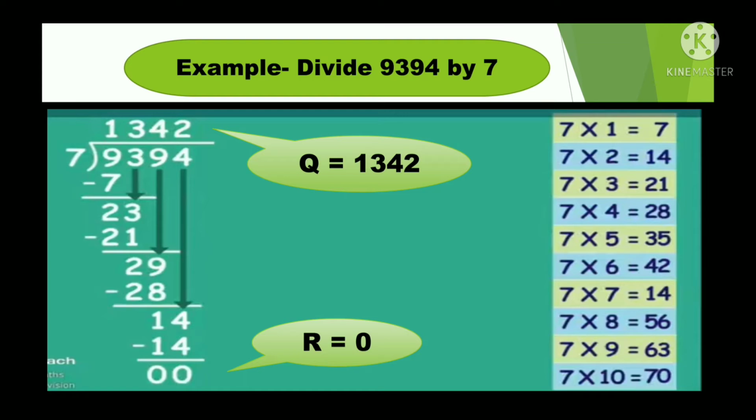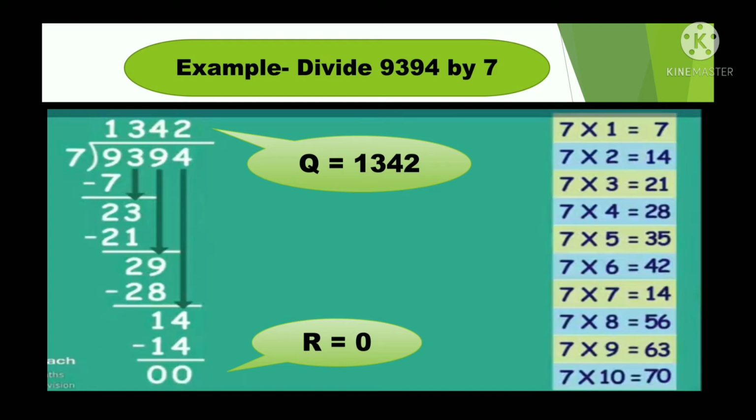equal to or closest to the number. So in 7 table we get 7 ones are 7 as the closest number of 9. So after that we have to do the subtraction. So after subtracting 9 minus 7 we get 2, and then we have to write the next number below, and then we get